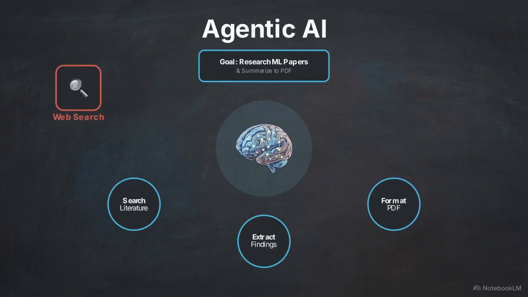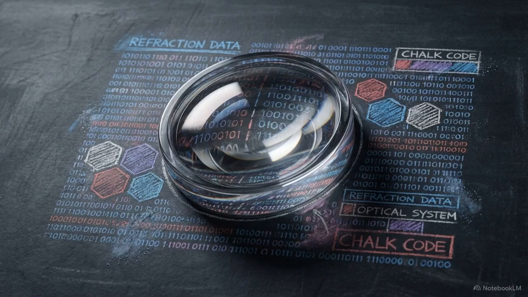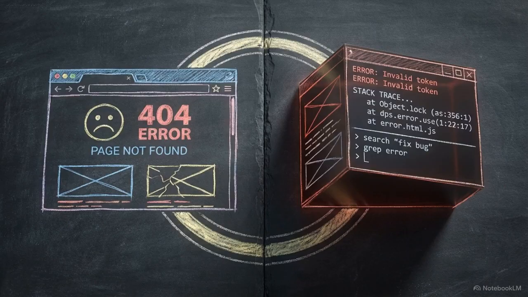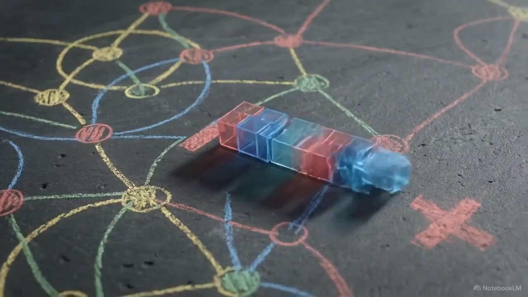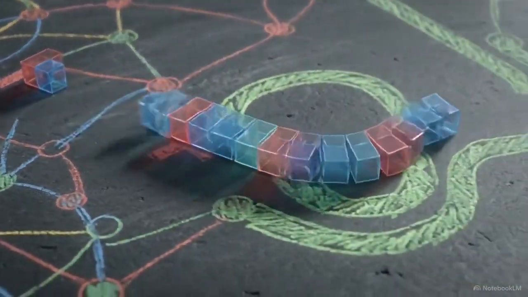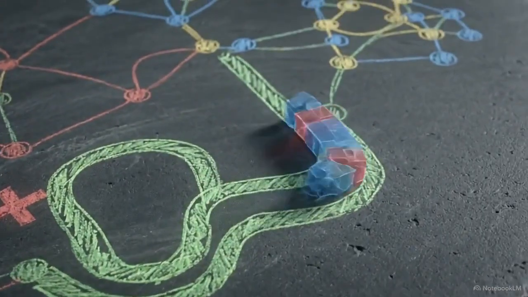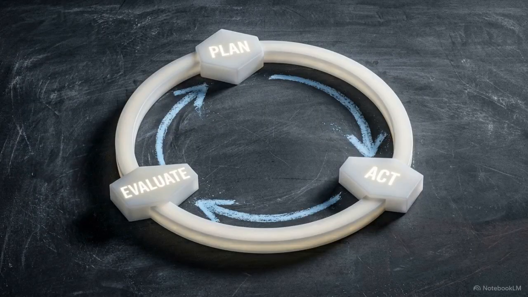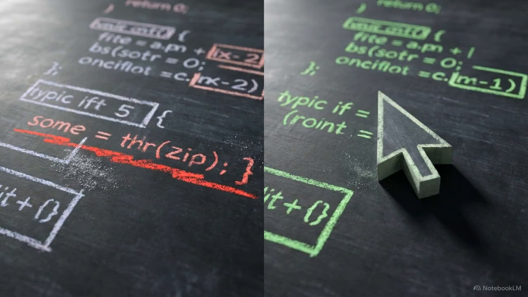Through tool integration, the agent realizes it lacks the specific information needed, so it reaches out to an external utility like a web search, uses the tool, and extracts the necessary data. Because it has comprehension capabilities, the agent reads this newly acquired data on its own. If a link is dead or a search returns the wrong result, it catches its own error without crashing. It uses that feedback to correct its course, trying a new search or a different method until it successfully generates the final output. It plans, acts, and loops through the problem entirely on its own. This architecture results in software that identifies its own errors and corrects them in real time.